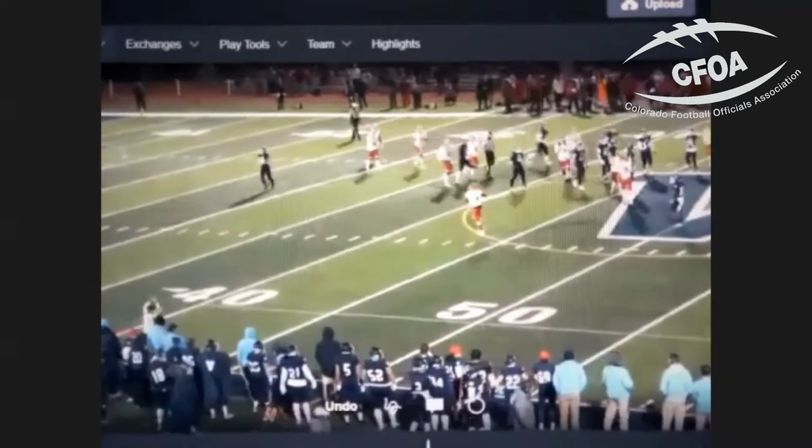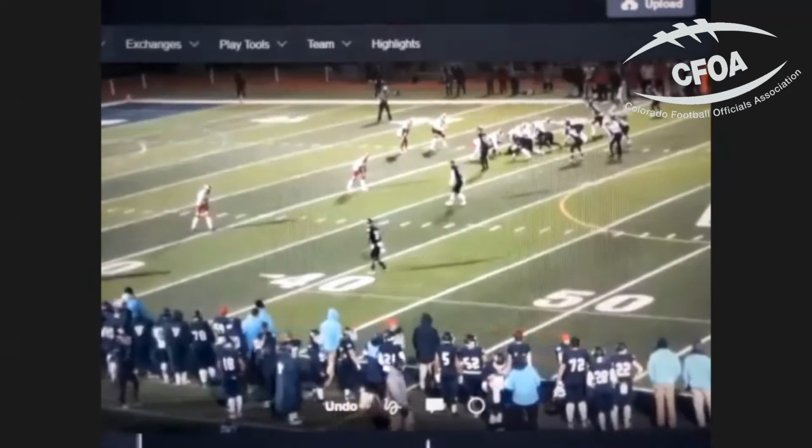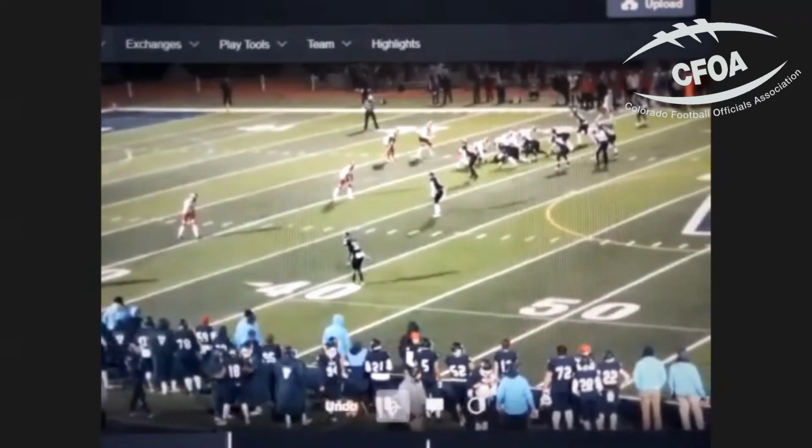And then obviously we pull and throw it. So the run pass option here. Go ahead and pause it right here. We kind of divide this play up. Our linemen don't know if it's run or pass. Our receivers don't know if it's run or pass, and neither does our running back. The only guy that determines this is our quarterback.